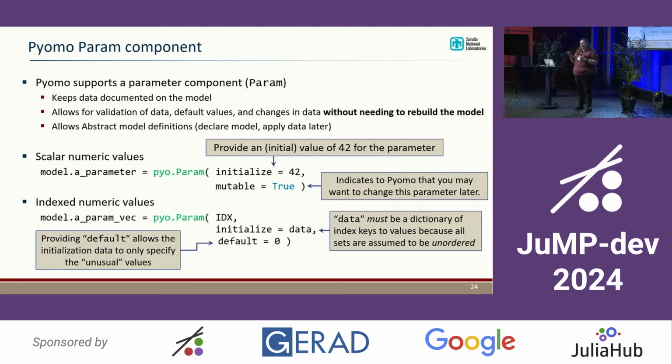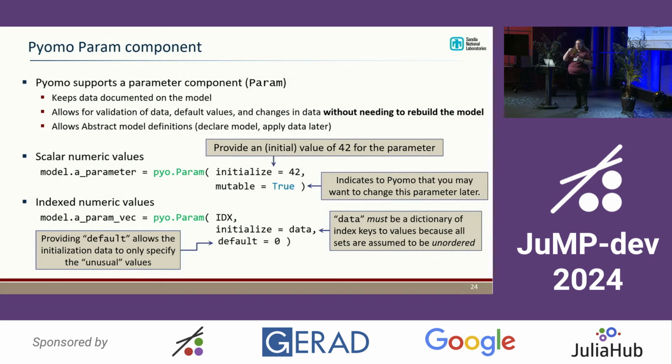So my next two things I wanted to mention are just inspired by some of the discussion yesterday. There was some talk yesterday about parameterized optimization problems and the idea of having parameters in your model where you could swap out the value easily without rebuilding the entire model. Pyomo has had this concept since its inception, so I just wanted to point it out here. There's actually a lot built into supporting params and data components within Pyomo that goes on behind the scenes to do this efficiently. So having the concept of a mutable param to indicate that the value may change